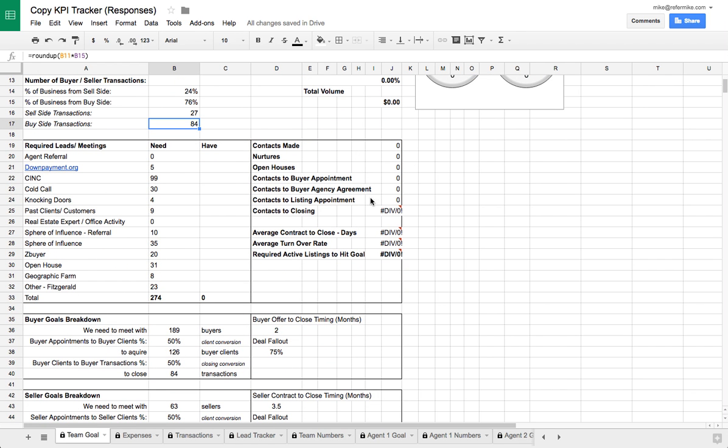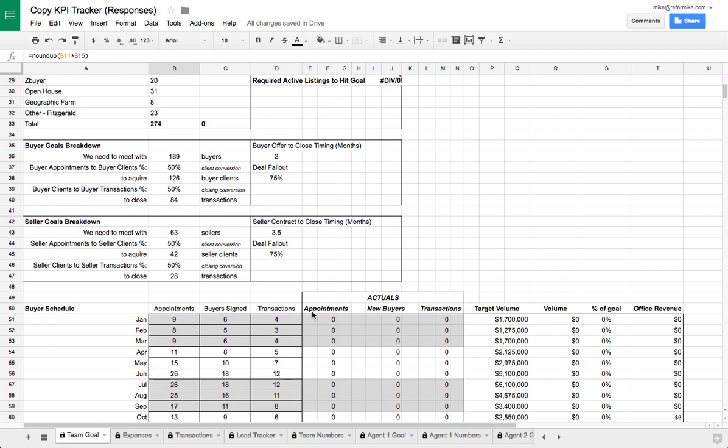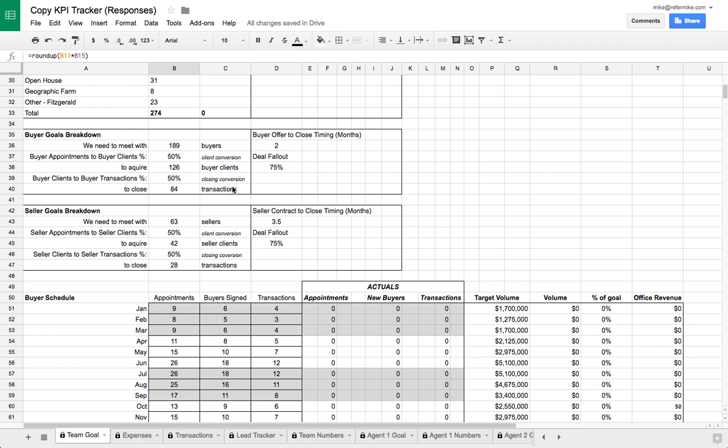This is going to calculate how many contacts were made, open houses, stuff like that, based on the other sheets. And this is the breakdown. Now, for some reason, Google automatically goes to 50% when you're at 0, and in some places we were at 0, and so it goes to this point. But basically, it's going to figure out, in order to close